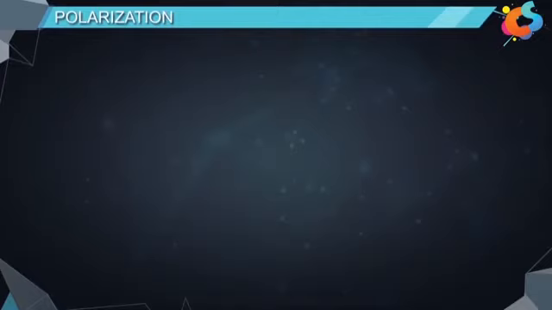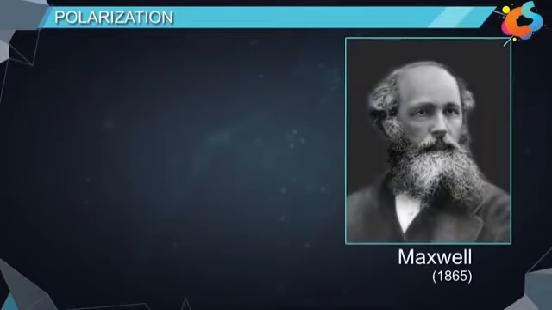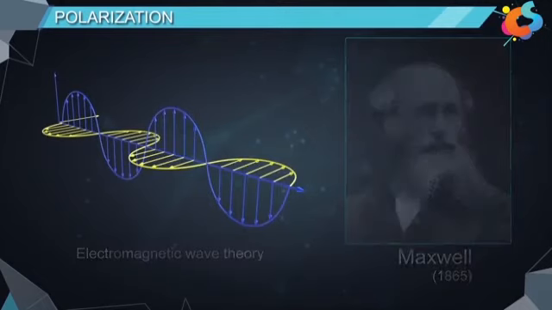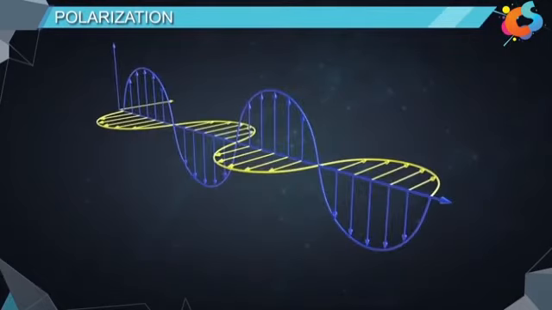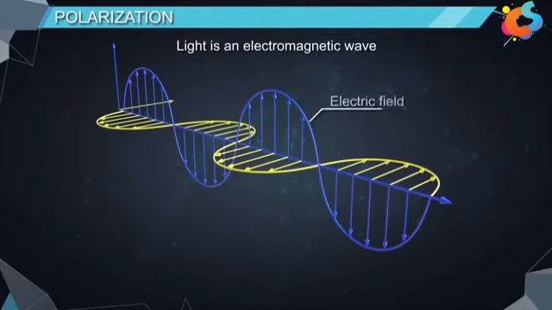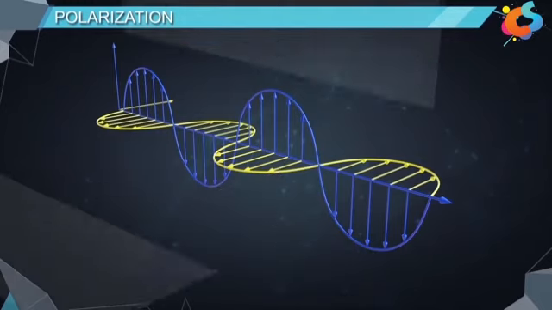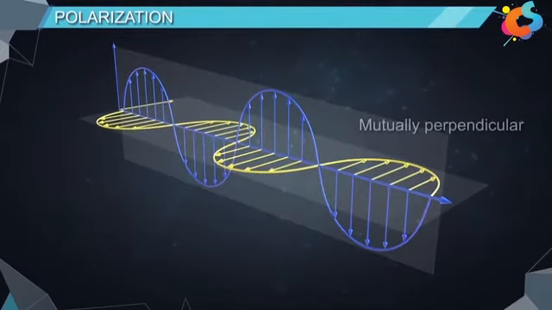Polarization. In the year 1865, Maxwell proposed electromagnetic wave theory. According to this theory, light is an electromagnetic wave. It consists of vibrations of electric field and magnetic field in a direction perpendicular to the direction of propagation. Also, the vibrations of electric field and magnetic fields are confined to two different planes that are mutually perpendicular to